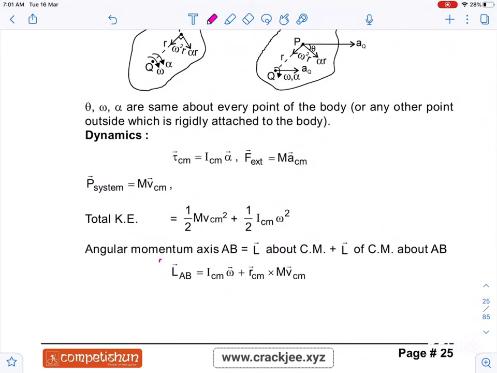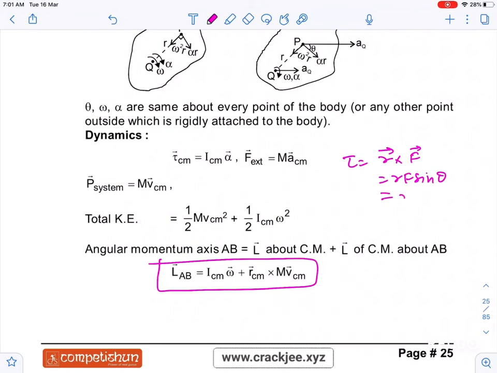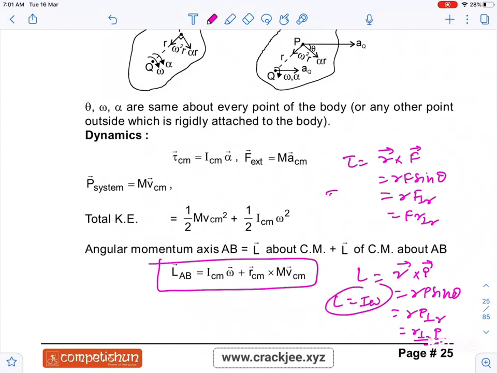Now these things are not so important in rotational dynamics, guys. In rotational dynamics, for torque you can write r cross F, na? This is also written as rF sin theta, so you can write rF perpendicular, or F r perpendicular. Similarly, angular momentum you can write as r cross p, so this is rp sin theta, or rp perpendicular, or r perpendicular p. This you can write for angular momentum, but this is for a point object. For a body, L is equal to I omega and torque is equal to I alpha.